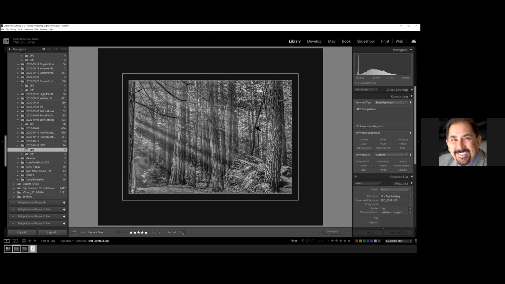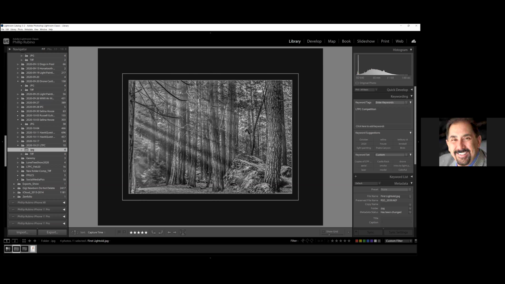Then I went into Silver Effects, and I was just trying to find one of the effects that really highlighted the light rays. And then I went back into Lightroom and did a little bit of brushing, some textures, and I opened up some of the back by lightening the shadows a little bit. And then just threw a matte on it.